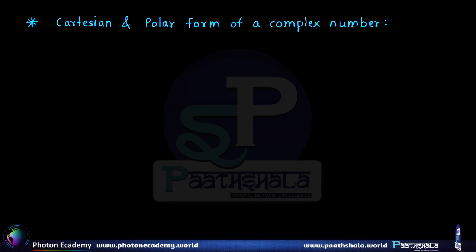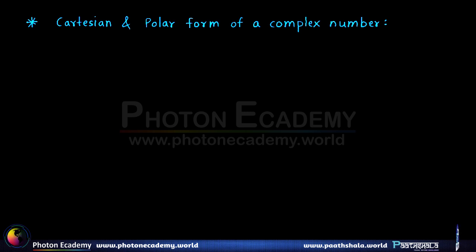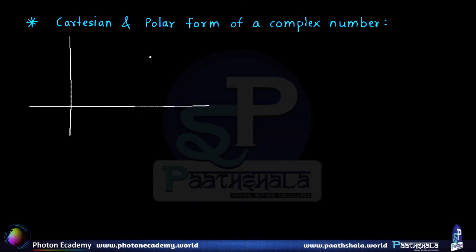Now let us see the different forms of a complex number, which is nothing but the different ways in which we can represent a complex number, in which the two forms that we have already seen indirectly, that is nothing but the Cartesian form and polar form. The Cartesian form refers to the way in which we specify the complex number in terms of its real part and imaginary part. So here if we consider